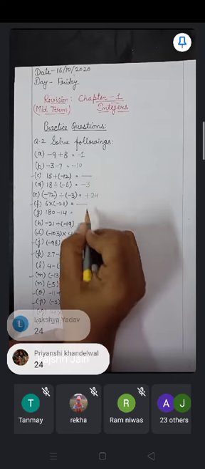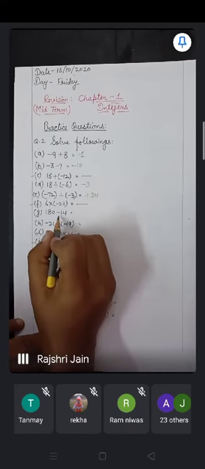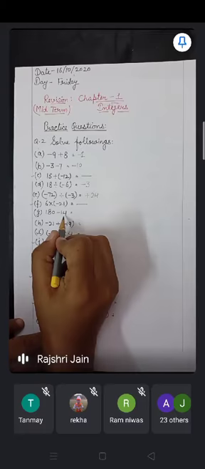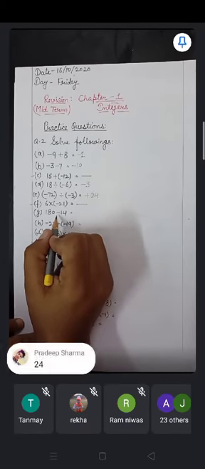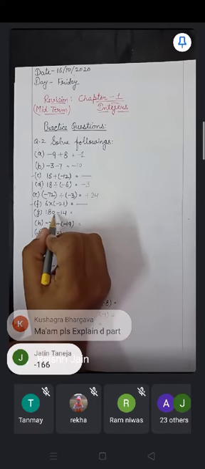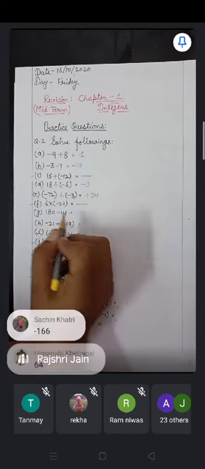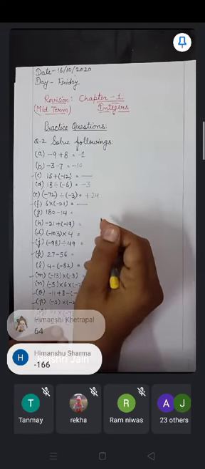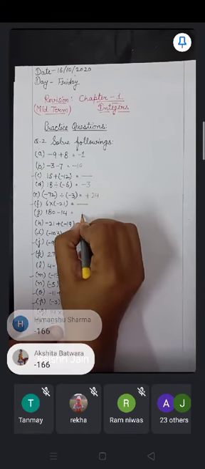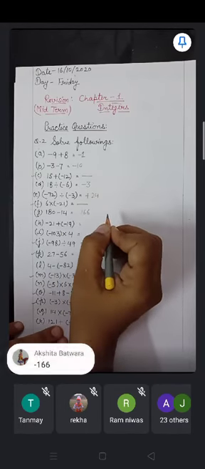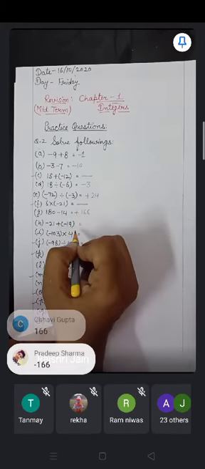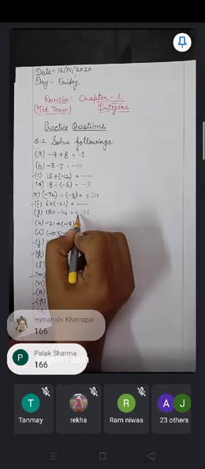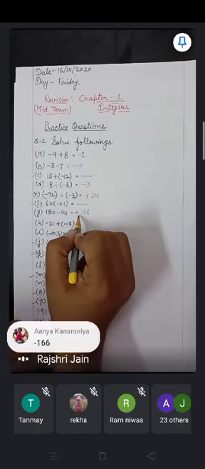F part you have to do yourself. You will do it yourself. 180 minus 14, you can see it is simple subtraction. But if we see according to the integers, then it will be 180 minus 14. Both are having different opposite signs. 180 is positive, 14 is negative, so they will get subtracted. So if we subtract 14 from 180, then it will be 166. And the sign will come of the bigger number. The bigger number is 180, it is positive, so it will be plus 166. This plus you do not have to mention in the answer. I am writing for your purpose.